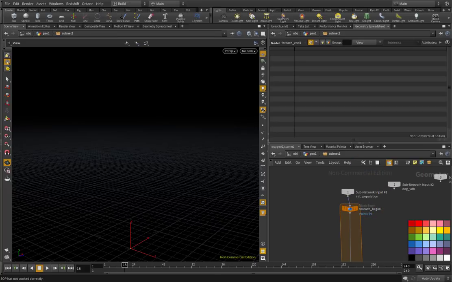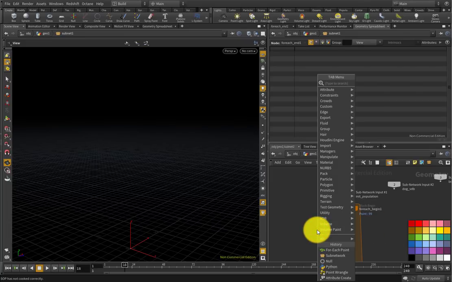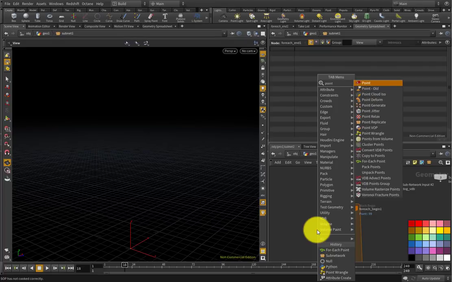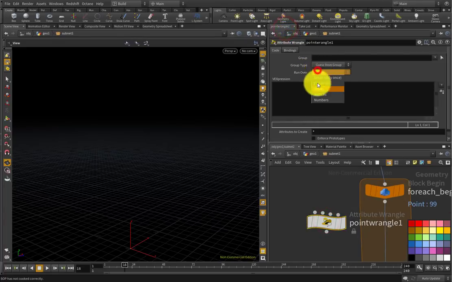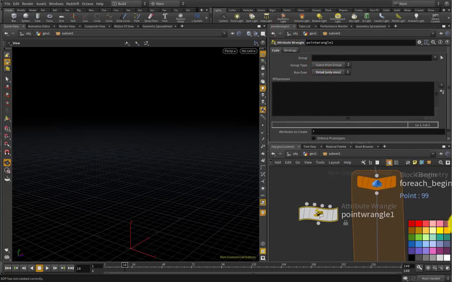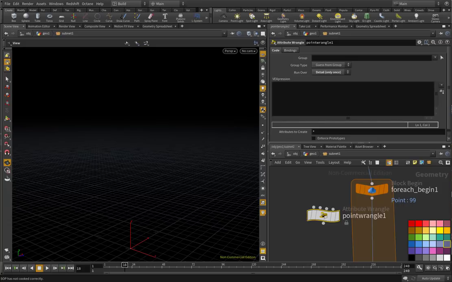And first of all, what I would do is to make a wrangle. I want to change to detail wrangle. And what I would want to do is to set the point attribute, set each